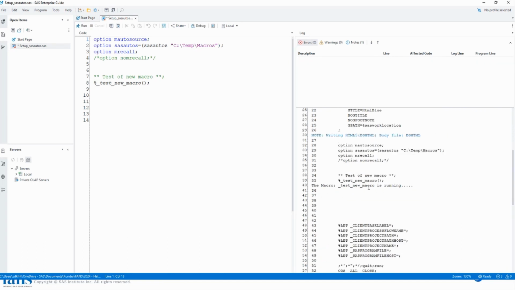So now it says the macro is running. Remember that if you're working online or testing or making something new, that could be an option to set. But that was it. Now I have access to my